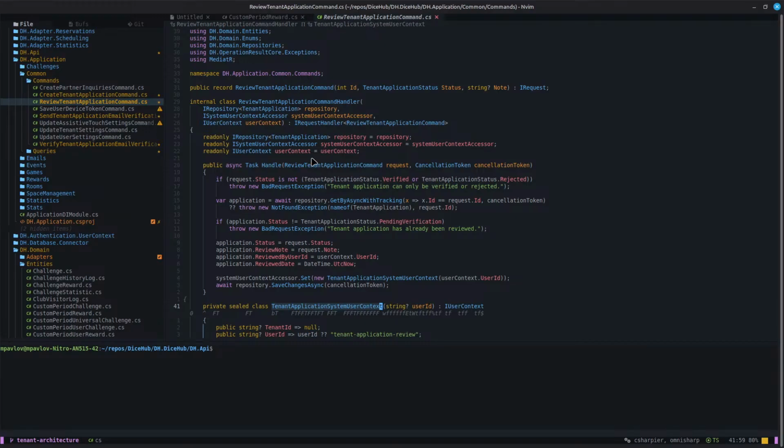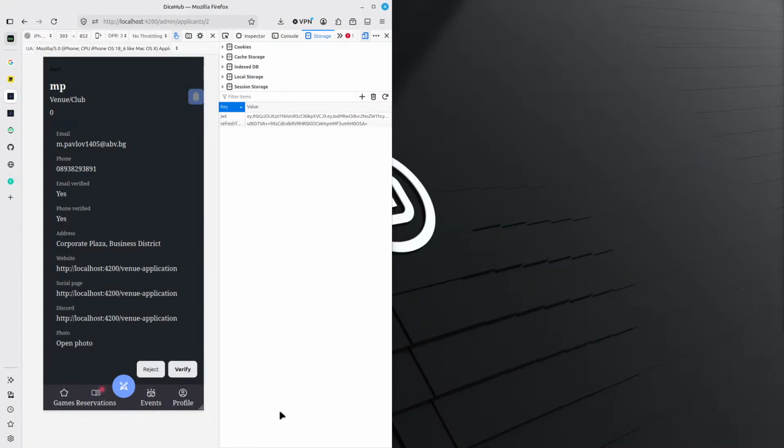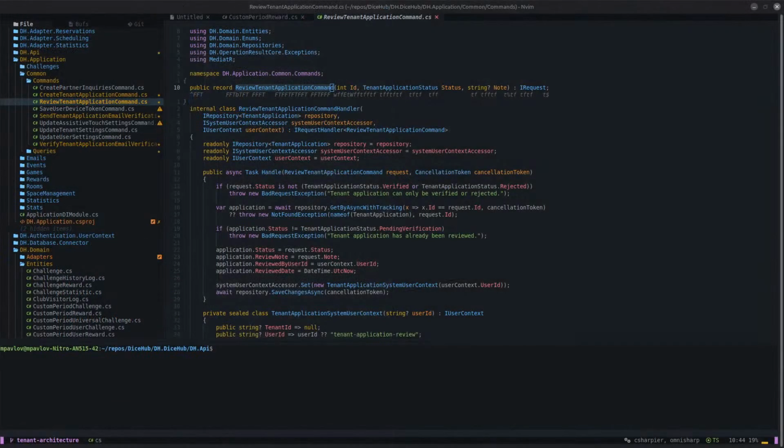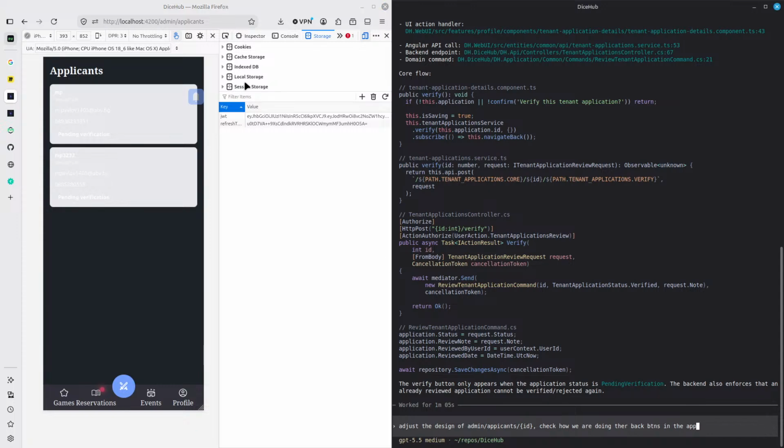Now the problem here is that on review application, if the status is approved, we need to trigger something else, right? We need to trigger the next process, which, okay, let's first adjust the design of admin applicant, and not just that, check how we are doing the back buttons in the app